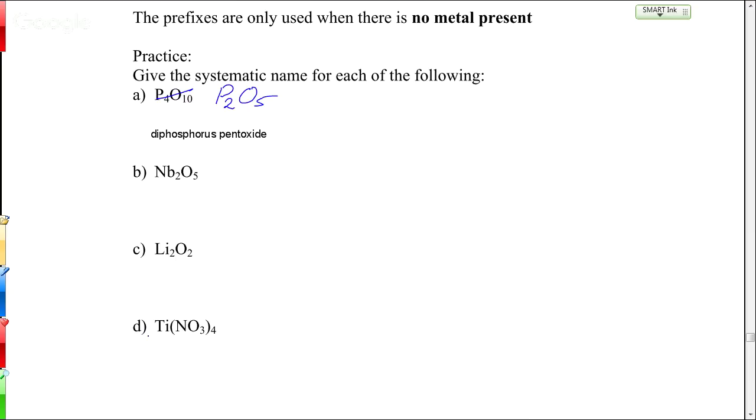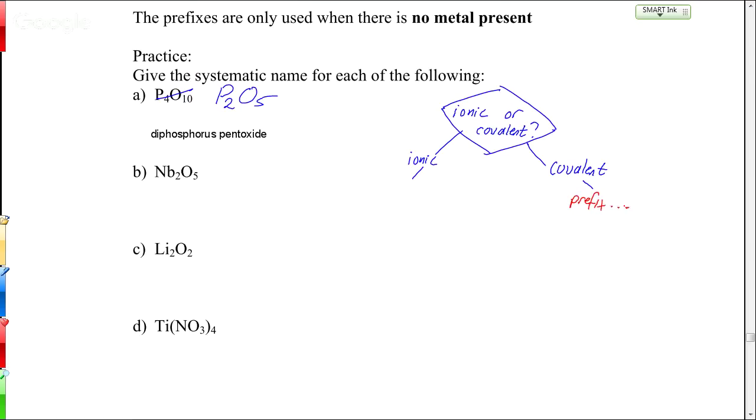So we'll say first, we decide, is that ionic or is it covalent? If it's ionic, we go over here. If it's covalent, we go over here. If it's covalent, we're done. All we need to do is write the names. So we would write prefix, blah, blah, blah, so you know the idea. Di, mono, that's when we use those.